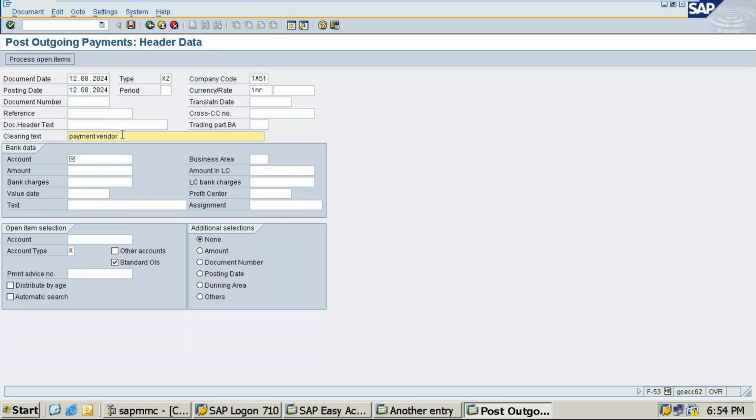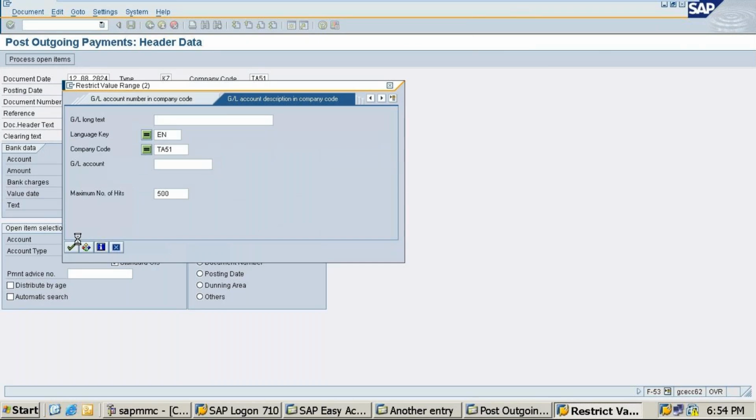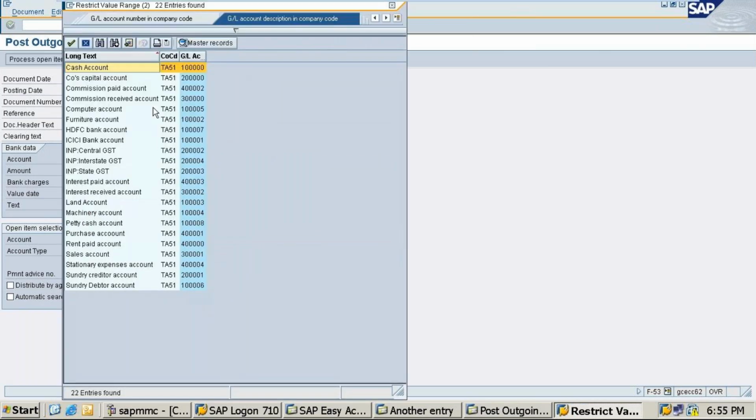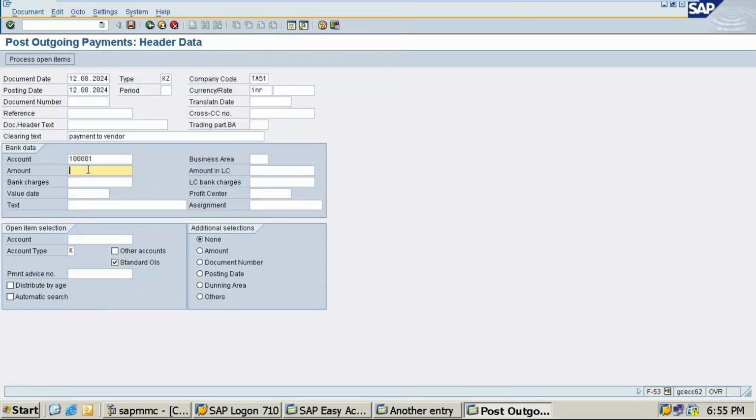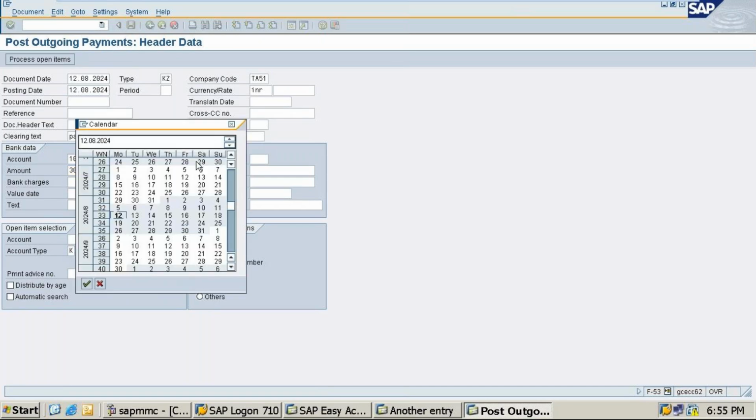Ma'am, what's the T code? Have you done one invoice entry? Yes, ma'am, but what's the T code? Where are you getting stuck? Ma'am, I did the invoice, I'm asking the T code. Invoice is slash n FB60. Ma'am, for me it says account is not tax relevant, tax code will be ignored. Just press enter one more time. It is taking. Ma'am, I'm asking the T code for the payments. F-53.